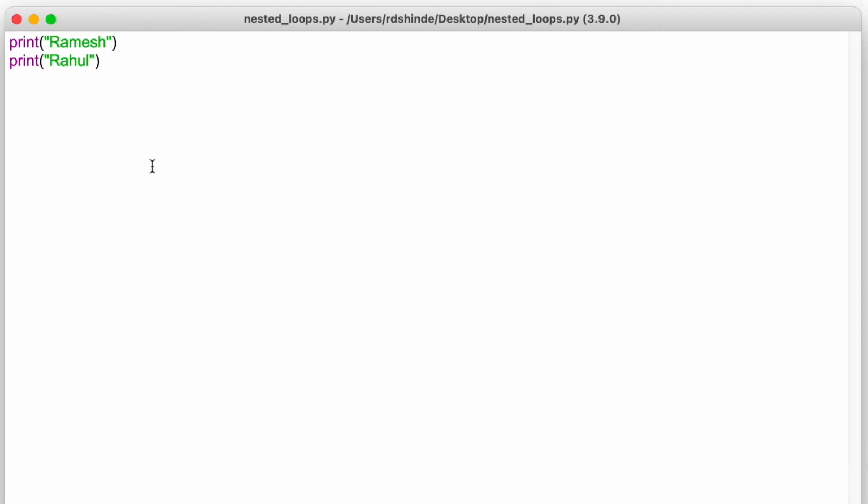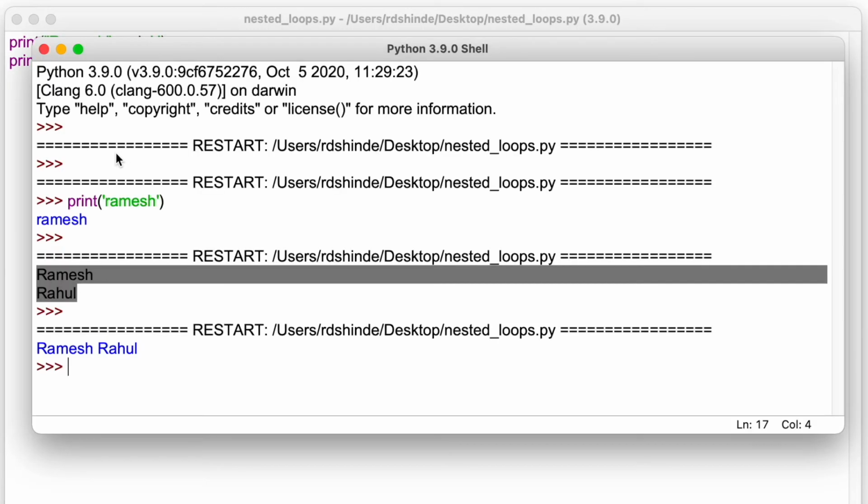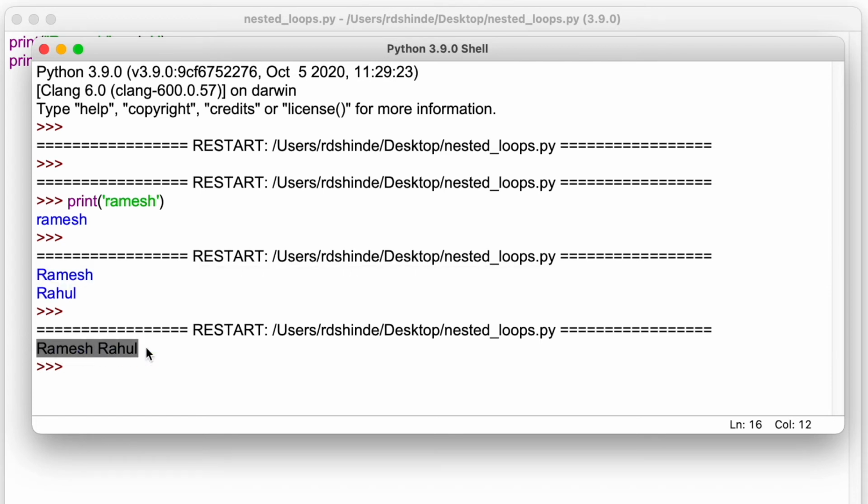But if I use a parameter that is end, and end should be equal to a string with a little space, so I have passed here a string. It is not empty, a little space is given. Now if I do this change and again try to run this program, here you can see the difference.